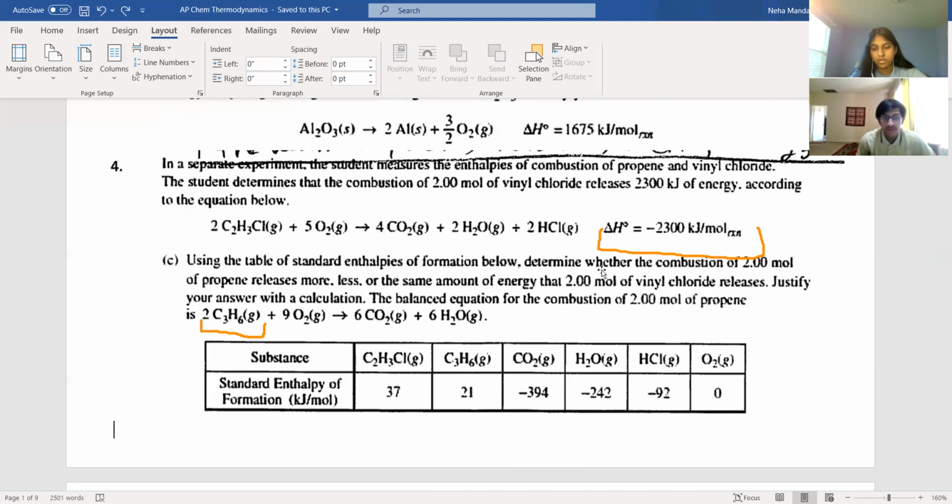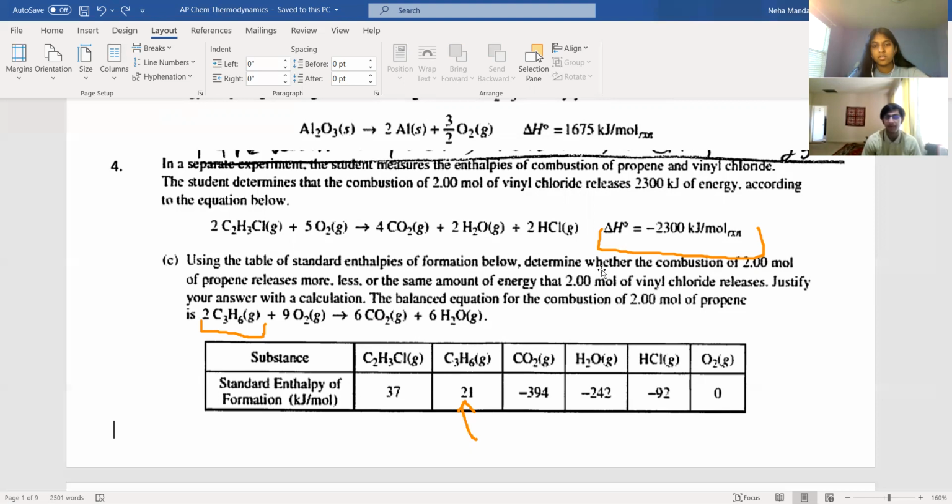So C3H6. I'm not sure why it didn't work. Well, once again, it's not going to be the same if you work it out with this. Why isn't it the same? For if you calculate the one for propene. No, I mean, I did the thing for the upper reaction. I got 2,170 instead of 2,300. Yeah, you're not going to get an exact answer. I think they're putting these numbers here to throw you off, like with the C2H3Cl. Oh, okay. They want you to use this data up here, and then they use the data only for propene,